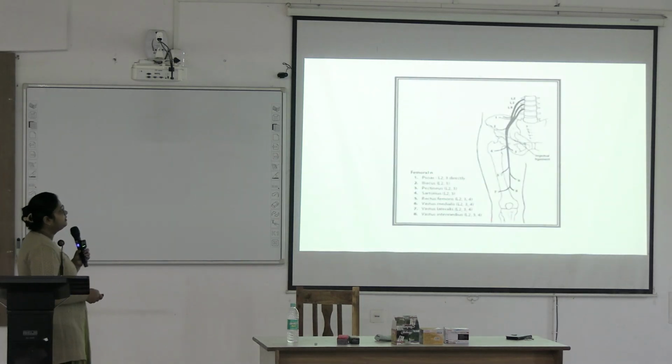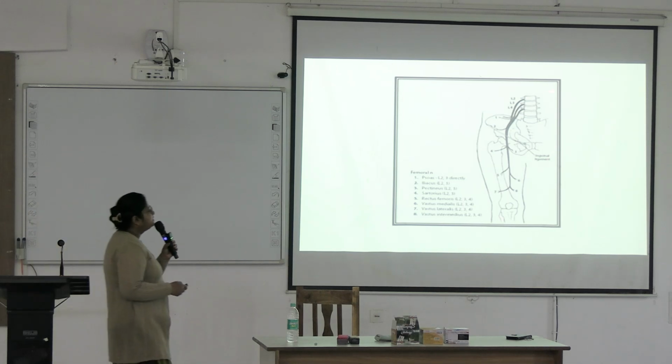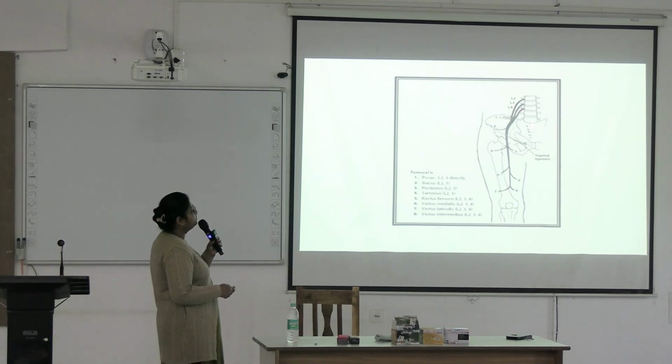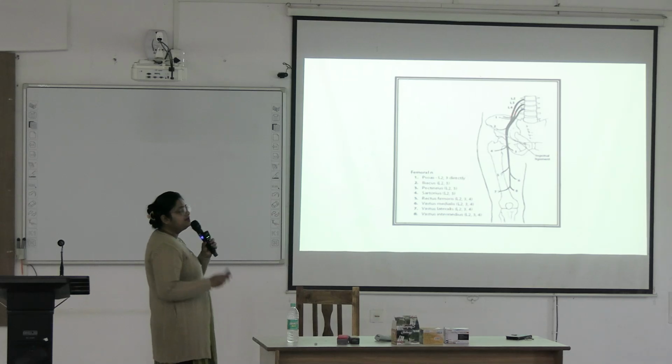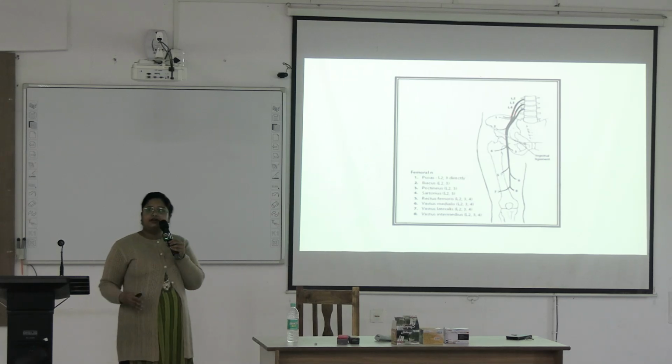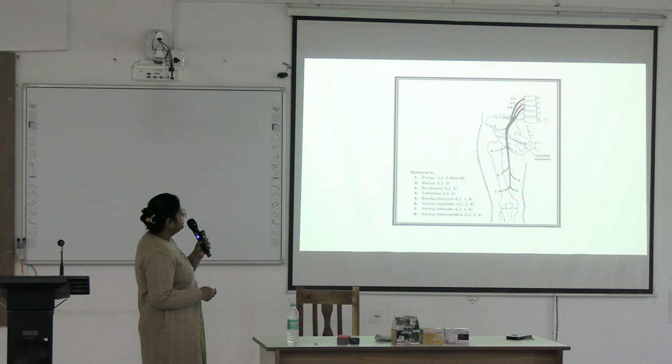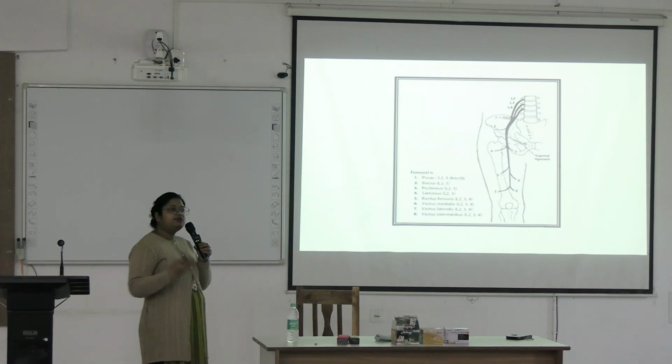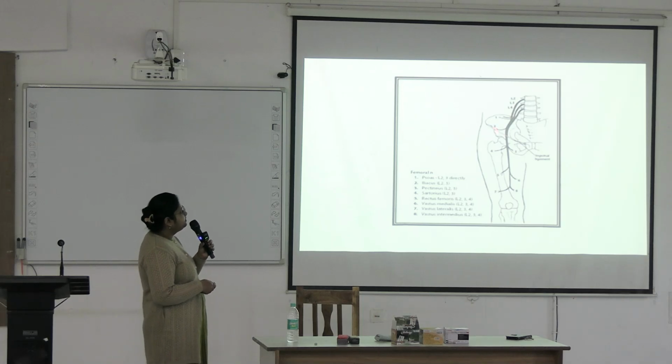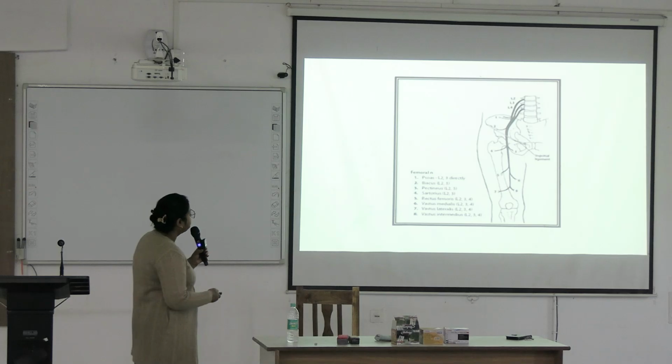Here this is the femoral nerve, the course of the femoral nerve. These are the three nerve roots L2, L3, L4 joining to form the femoral nerve. The femoral nerve comes out from the lateral border of the psoas major. Then it passes downward between iliacus and psoas major and then crosses the inguinal ligament, lying in the floor of the femoral triangle, and just 2.5 centimeter below this inguinal ligament it divides into two divisions, anterior and posterior division. They further give multiple branches.